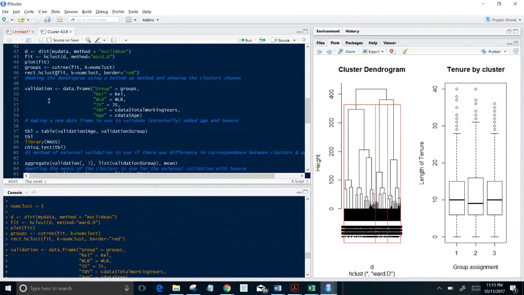So next part is actually validating our clusters. I explained it more in the results and discussion hybrid document, but basically I added age and tenure as 2 external variables. It is an external validation because these 2 variables were not in any of our 3 variables that we use to make our clusters. And you'll also see that groups appears here as well, because we're going to use that to run some ANOVAs and some chi-squared